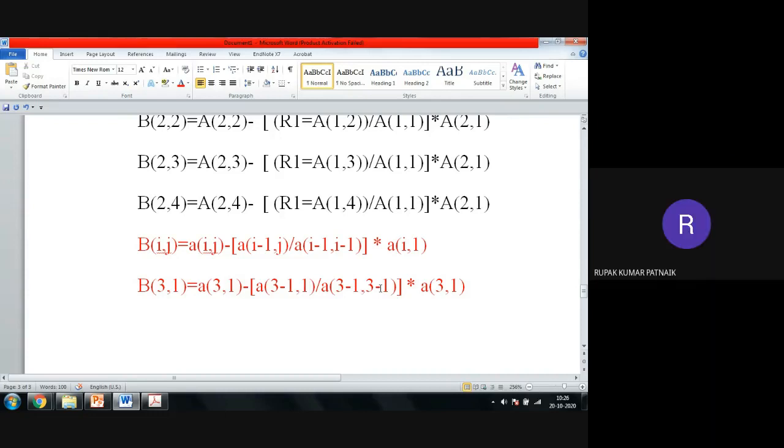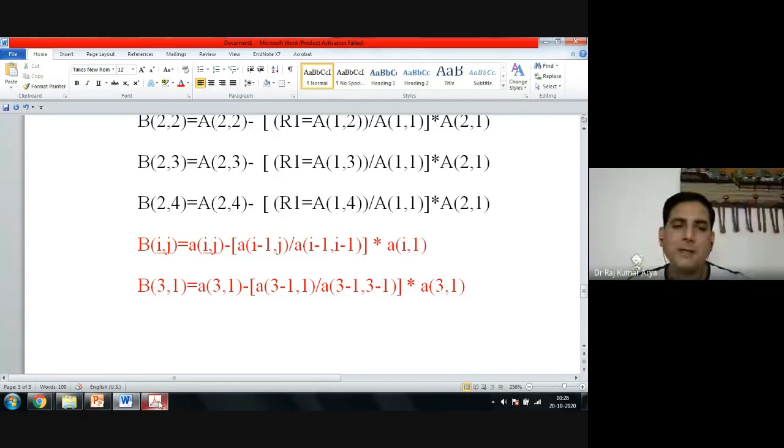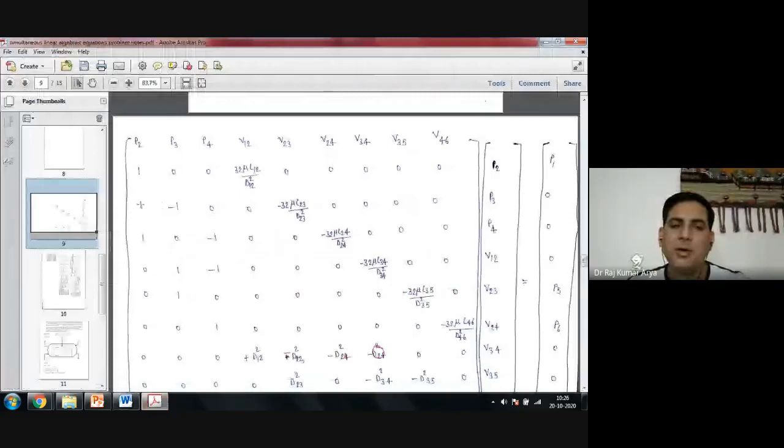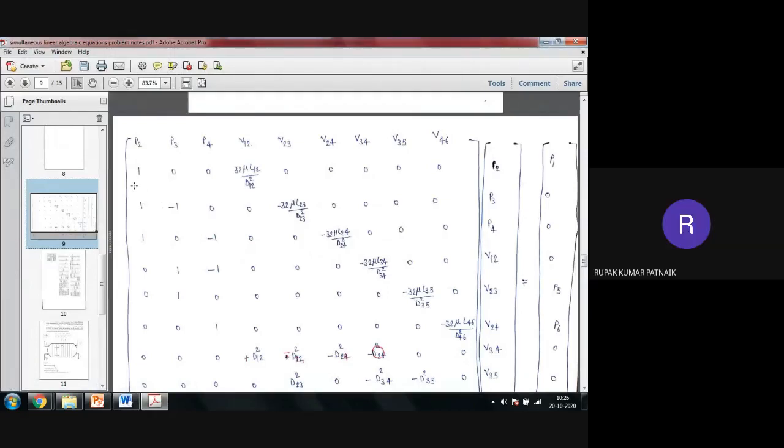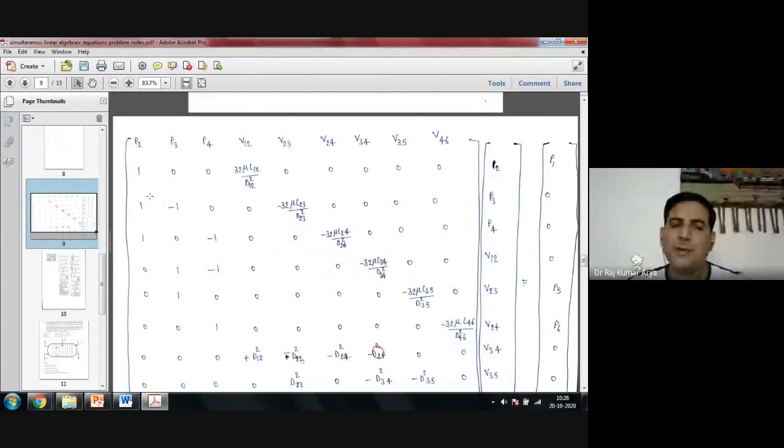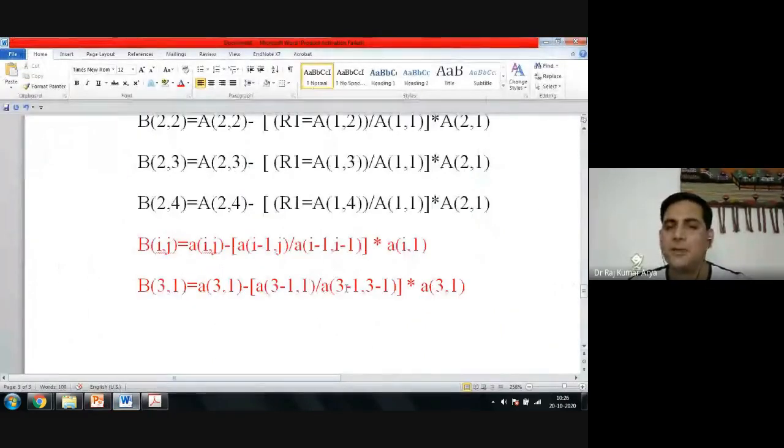Yes or no? Yes, sir. I want to divide it by A11 only. Yes or no? Yes, sir. If I am subtracting from row 1, if I am calculating from row 1, then I am dividing by this. So this purpose is not getting solved here. Correct or not? Because this is getting divided by the second element, which I am not interested in.